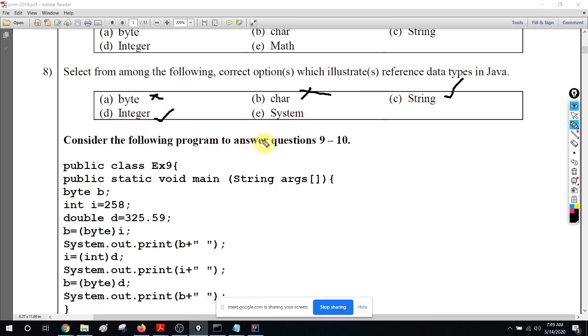System is not a type. In System.out.println, System is a class in Java. So the answer for reference types here is C and D. Right? A, C and D. They have taken System also as a reference type. So that is not a very good answer. Anyway, System is a class. So they have taken it as a data type, but that is not a very good question actually. Yes, System is a class, but usually System is not a data type. But you can argue the other way also. If you take a class, you can consider any class as a data type also, which we will discuss in object orientation.